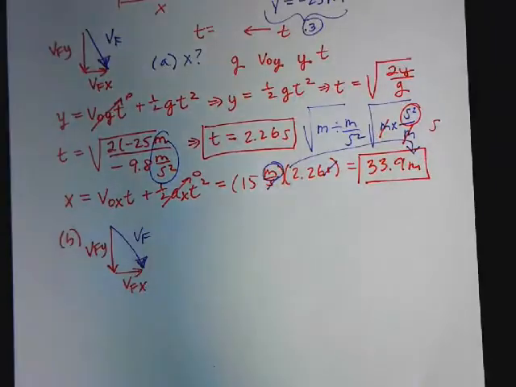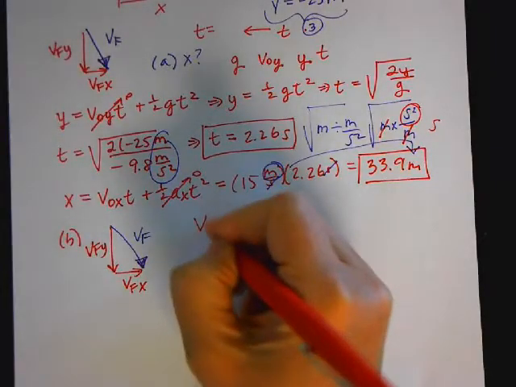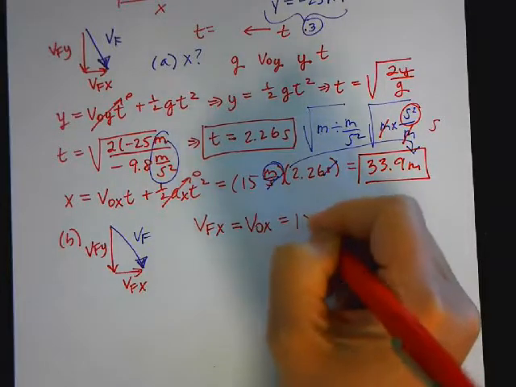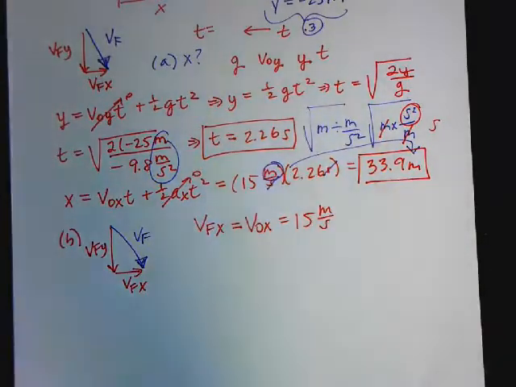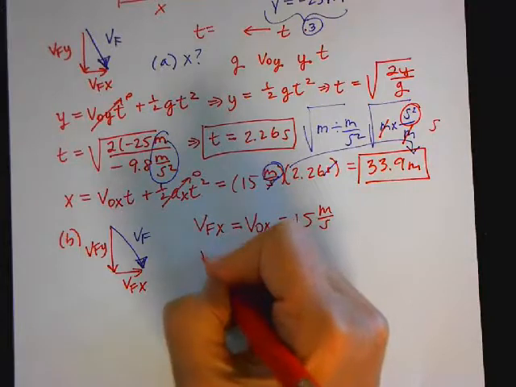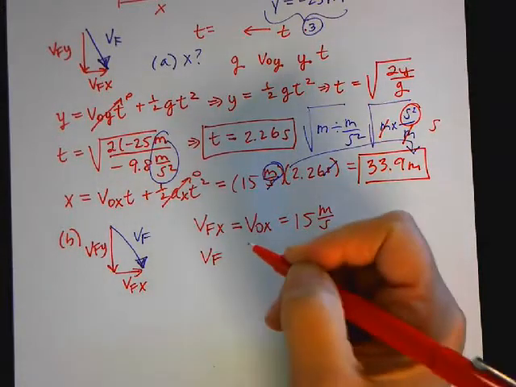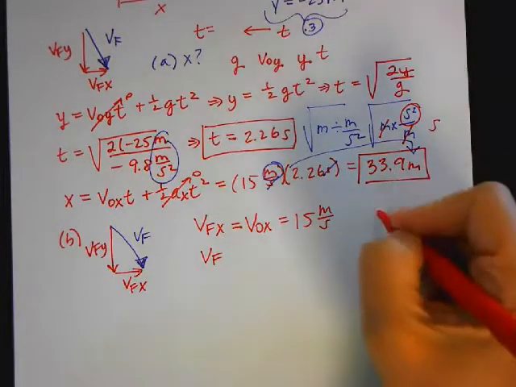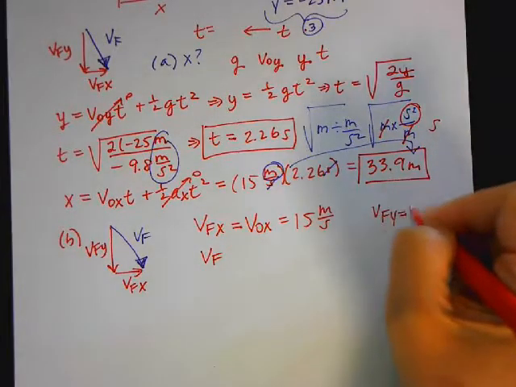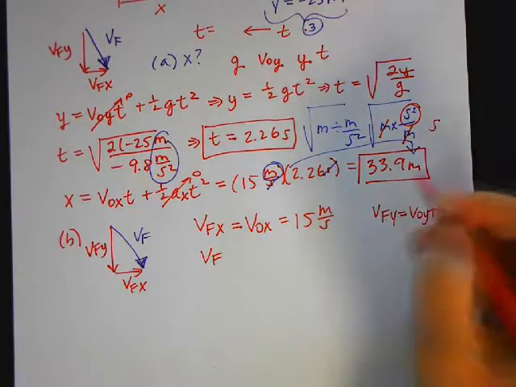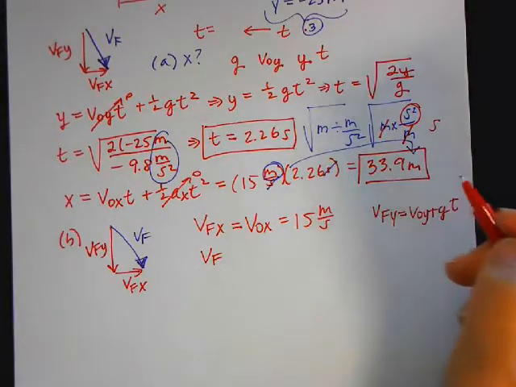So first of all, we know that v_fx is equal to v naught x, which is equal to 15, because the horizontal component of the velocity is constant because there's no horizontal acceleration. To find v_fy, we can use one of our equations. So there's actually more than one way to do it. I could use the equation v_fy is equal to v naught y plus gt, but when I do this, what I'm doing is I'm using,